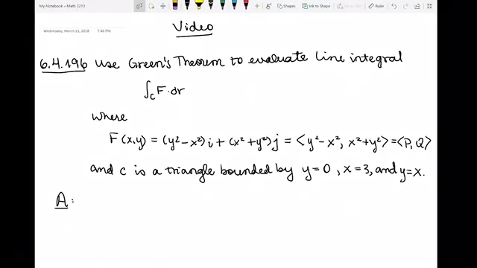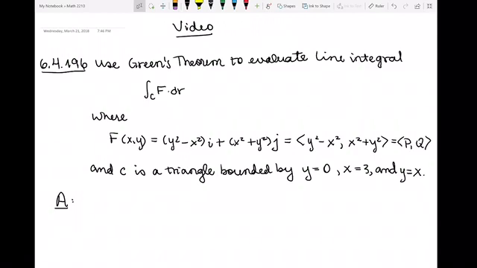Okay, in this video we're going to talk about uses of Green's theorem to calculate line integrals and also to calculate the flux. So the first problem that we have is from your book. It's problem 6.4.196, and it says the following: use Green's theorem to evaluate the following line integral, where the vector field